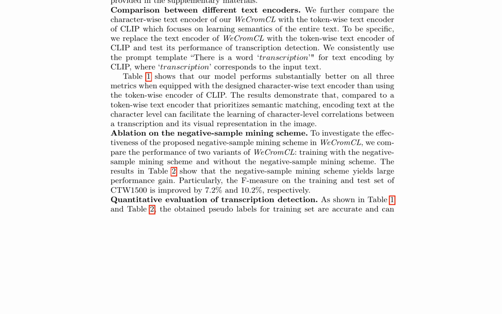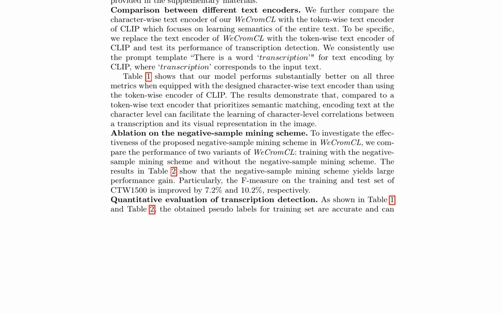The quantitative evaluation of transcription detection, as shown in Table 1 and Table 2, indicates that the obtained pseudo-labels for the training set are accurate and can significantly enhance the performance of the model. This highlights the importance of the character-wise text encoder and the negative sample mining scheme in improving the transcription detection